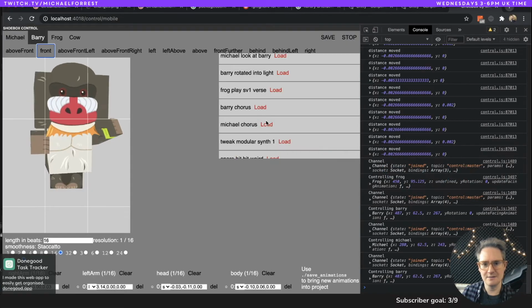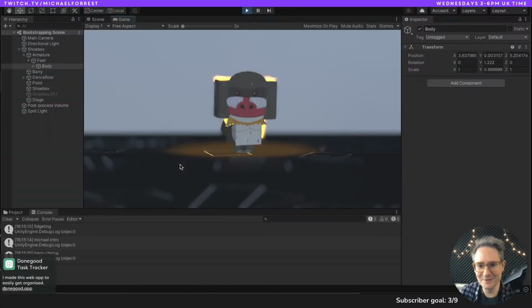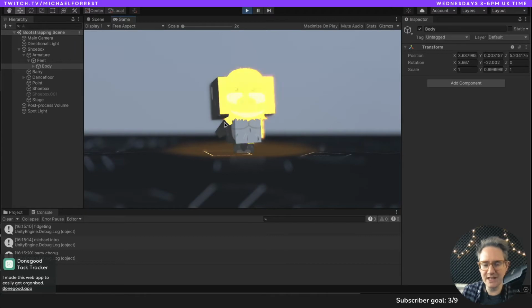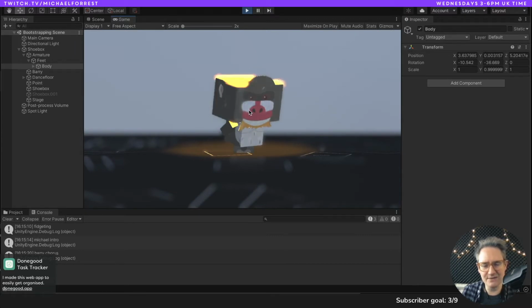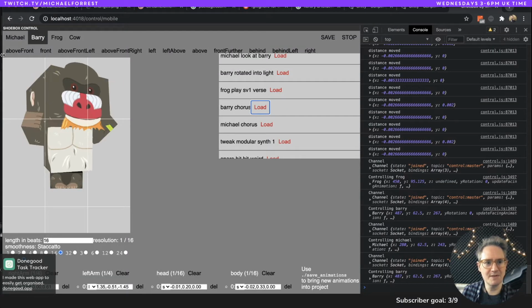So let's go load Barry Chorus. So he's supposed to be like leaning forwards with his arms up. Now I know we've got a problem with the arms being sort of like back to front. But if we put these side by side,